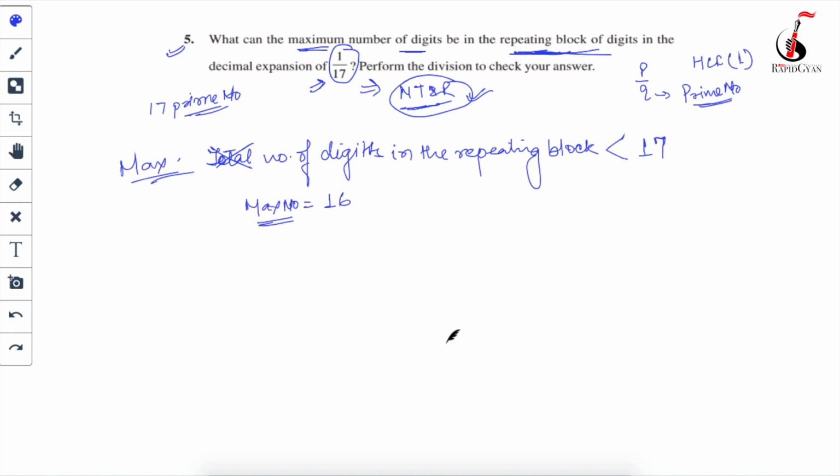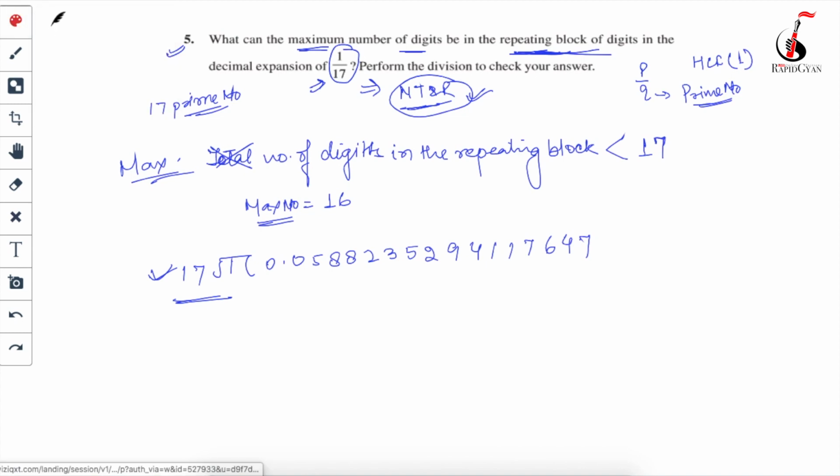Okay, so now it's your job to divide 1 by 17. I am not going to divide 1 by 17 over here, but if you actually divide, you will get 0.05882352941176447. Why am I not going to divide? Because this video will become longer. So I am assuming you guys know how to do the division. If you divide, beta, you will get this number. After that it will start repeating.